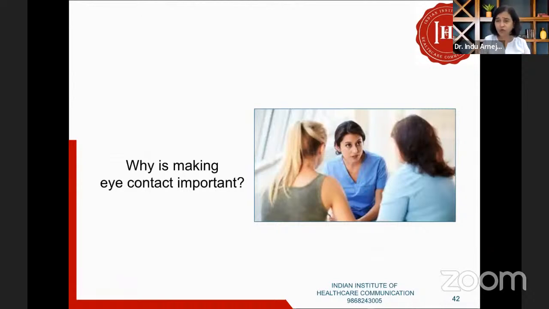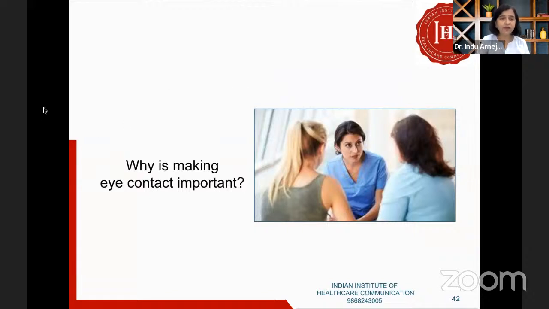Absolutely. And if you go to some of the hospitals, doctors don't make eye contact. Front desk staff do not make eye contact. Nurses don't make eye contact. Interns will go and take blood samples. They will explain the discharge slip, but they will not make eye contact. This is very common because we don't know how important it is to make eye contact.